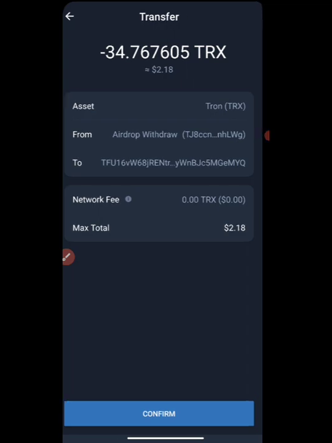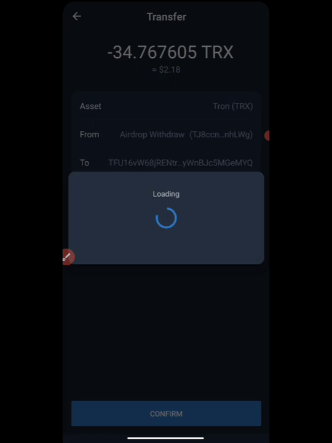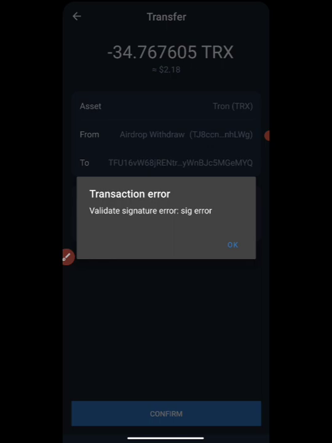I'm going to click on confirm also. Then I'm going to click on this. It's loading right here, so I'm waiting for it to get loaded, and let's see what is going to happen. Still waiting, it's still loading right now. You can see we have this particular error still saying the same thing.